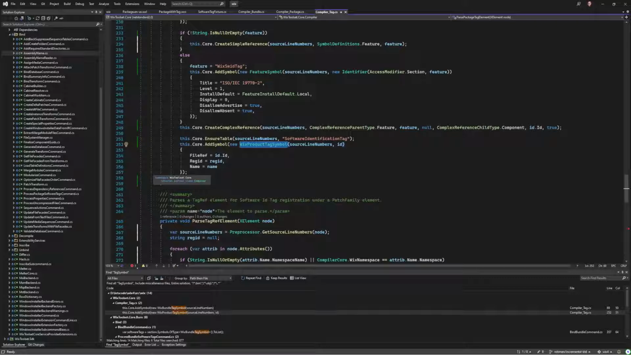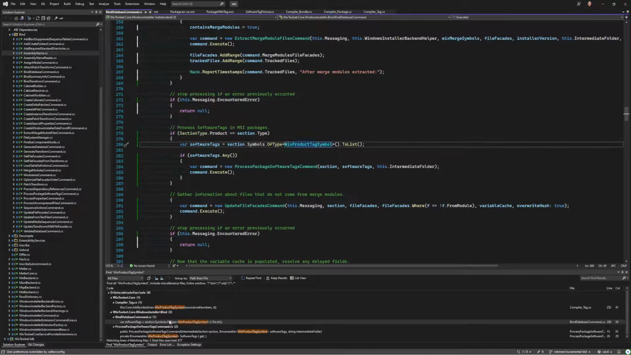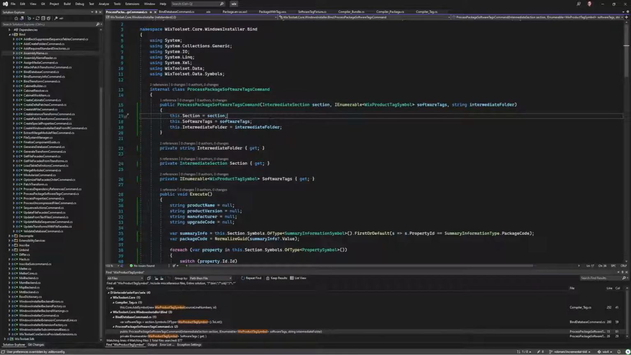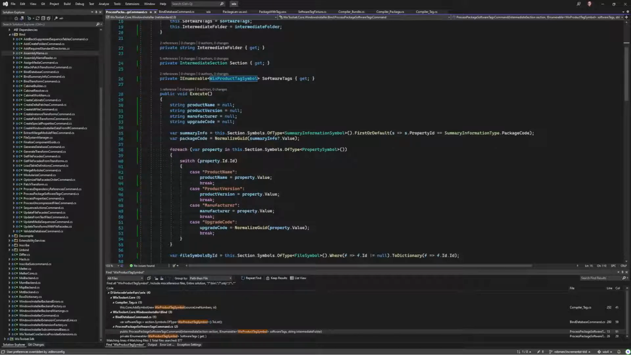Because clearly when I'm searching for it, thinking it's going to be here, I don't even think to look for the word Wix product tag symbol. That's just terrible. All right, we're going to look for Wix product tag symbol. Wix product tag, Windows installer, bind. All right, so here we go. We find all tags. If there are any, we call process package software tags command. And you see, even here it's called package software tags. All right, we're gonna have to fix this. This cannot stand. What was I thinking? How did I get through all this without staring at that and going, that's a terrible, terrible mistake? Anyway,